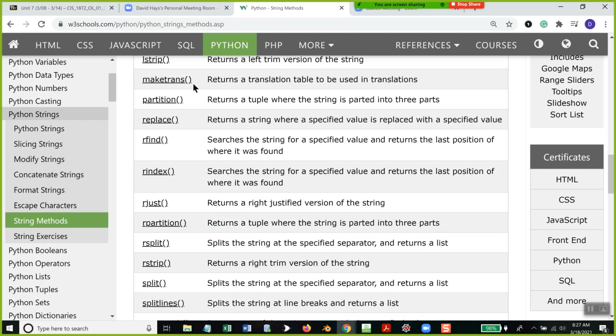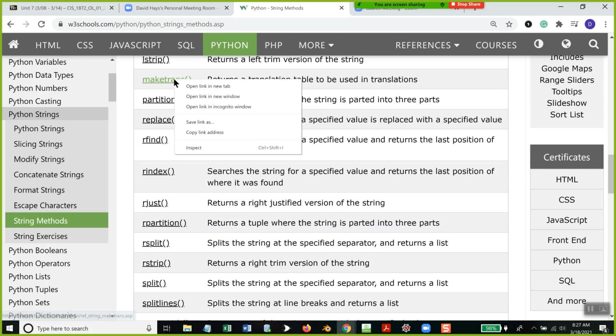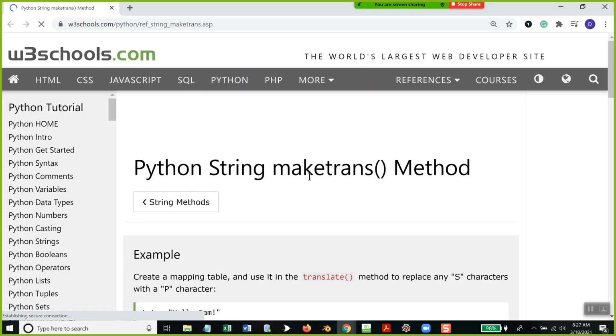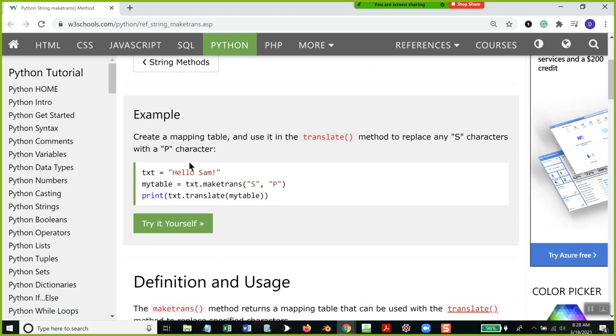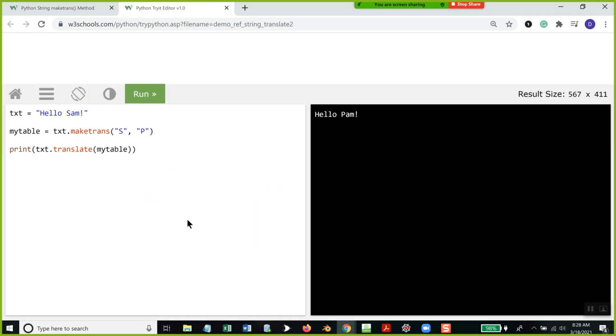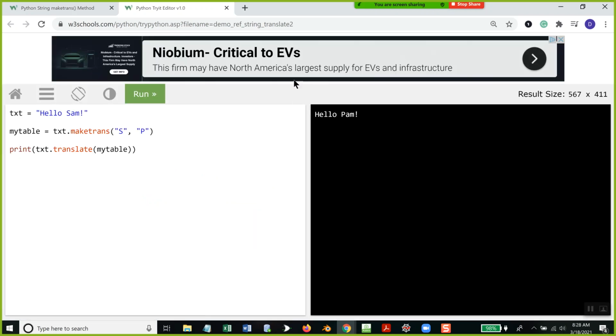Some of these are not so important, like translate table. I don't even know what that is. It says you want to replace any S characters with a P character. So it should return hello Pam. Yeah, interesting. There's other ways of doing that, but